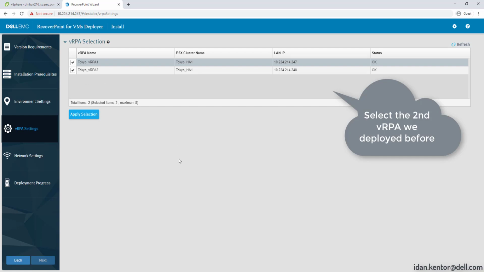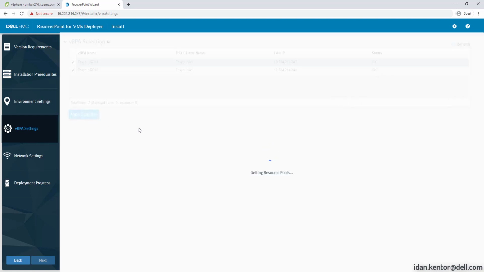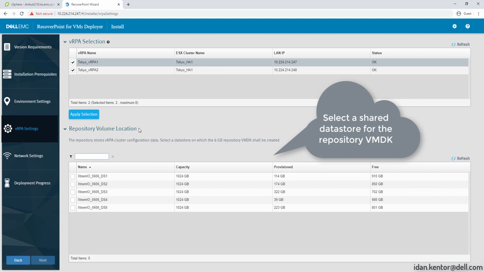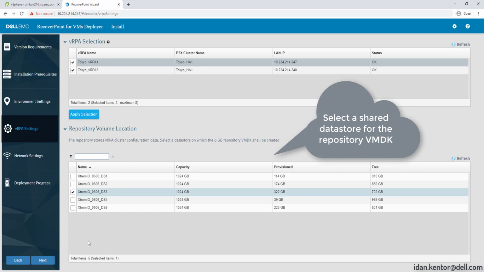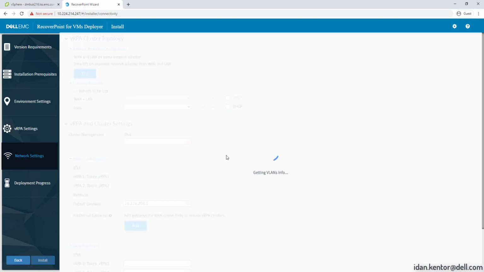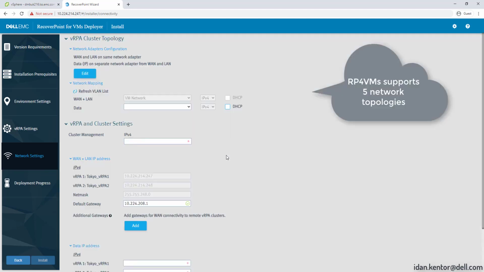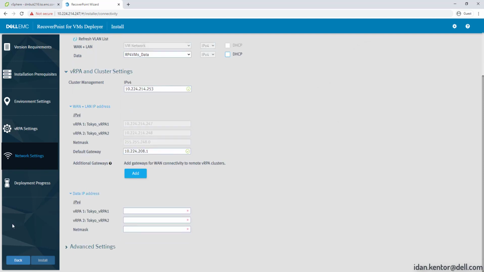We'll select the second vRPA and the data store to configure the repository VMDK on. RPVMs supports 5 network topologies. The default and recommended topology is WAN and LAN for the first vNIC and data for the second vNIC. Pick the port group for the data, specify the cluster management IP, and finally the data IP, which is one per